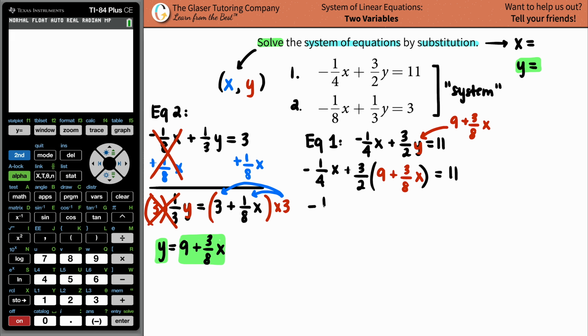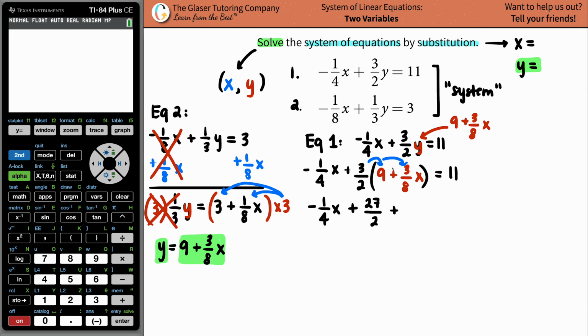So this part we don't write. Well, we don't do anything with negative 1 over 4x. Now let's distribute, right? So 3 over 2 times 9. I can't simplify 2 with 9. So 3 times 9 is 27. This would be 27 over 2